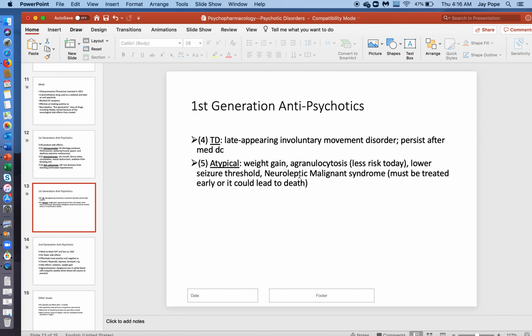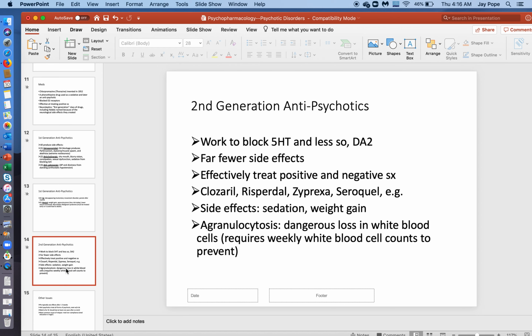Now, obviously, we've been through all of these crazy side effects, and you might be asking yourself, why in the world would someone even bother? That's just a reminder as to how severe schizophrenia is and how awful it is to have it, that people are willing to put up with these kinds of side effects. By the way, there are some medications that you can take to manage the side effects of the drug that doesn't actually take away from the effectiveness of the drug, but it sometimes can be difficult to get people to take those drugs.